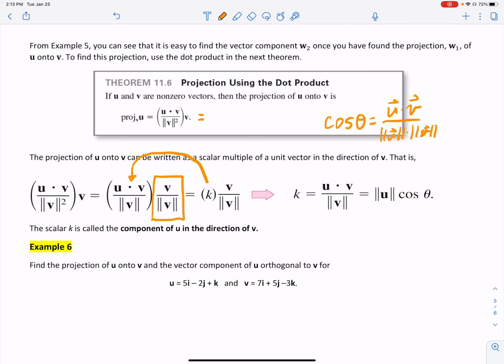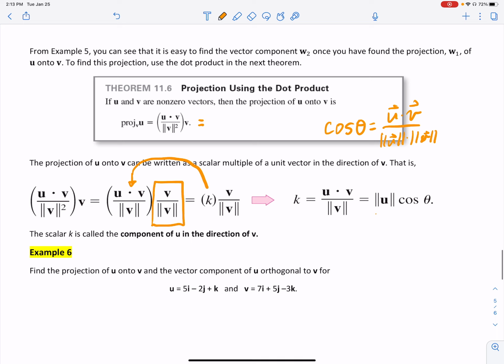Well, if I look, u dot v over v is equal, if I times both sides of the orange equation here by the magnitude of u, the left-hand side will look like this, the right-hand side will look like that. So the other definition we could use is I could just replace that, so I get the magnitude of u divided by the magnitude of v,